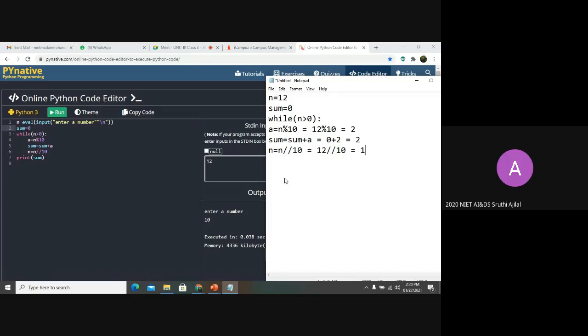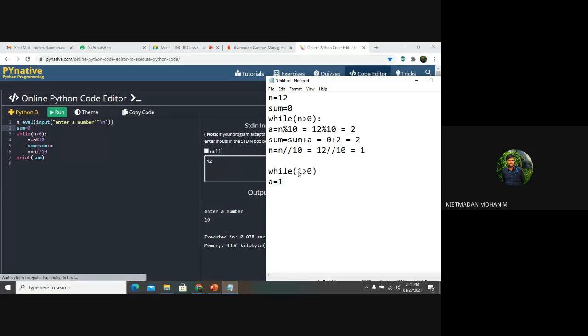Yes. So again it will check the condition: now the n value has been changed to 1. That means 1 is greater than 0. The condition will be true, and it will execute the while statement, that is a is equal to n mod 10.